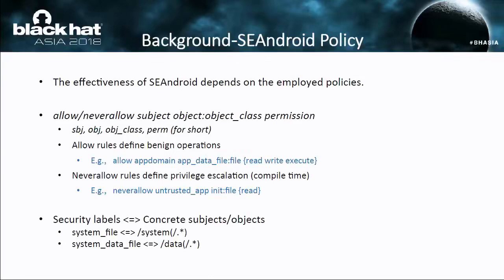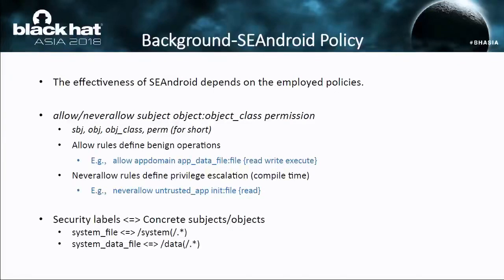The allow rules always define benign operations, like allowing app domain apps to read, write, or execute app data files. On the contrary, the never allow rules define some privilege escalation operations. But the never allow rules are only used at compile time, and after compiling, there exist only the allow rules in the file